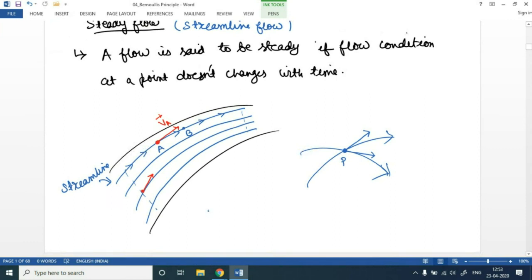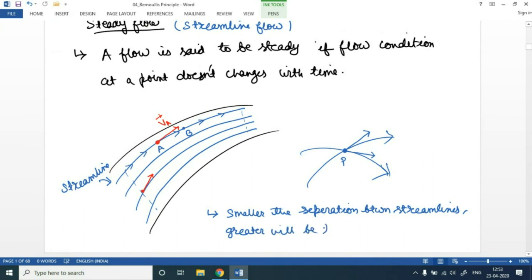So what we can say here is, the smaller the separation between streamlines, the greater will be the speed